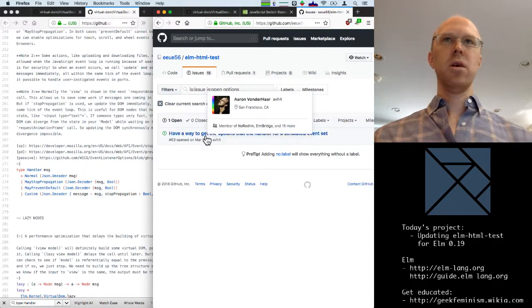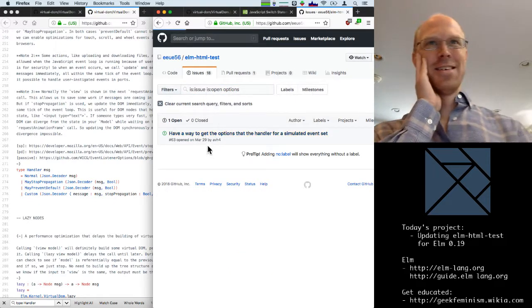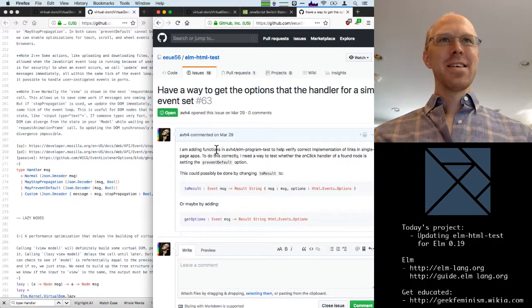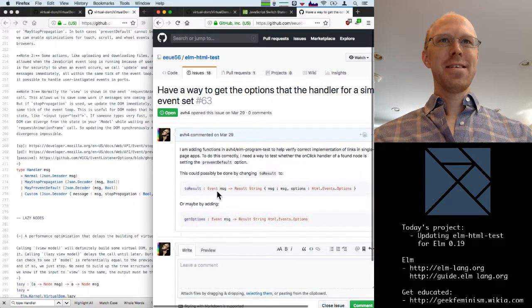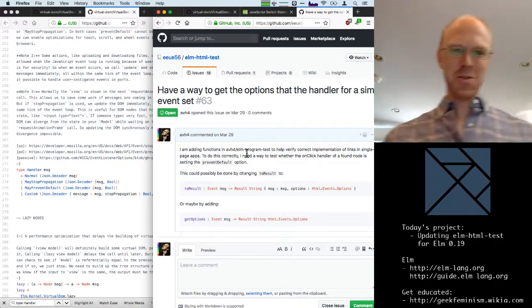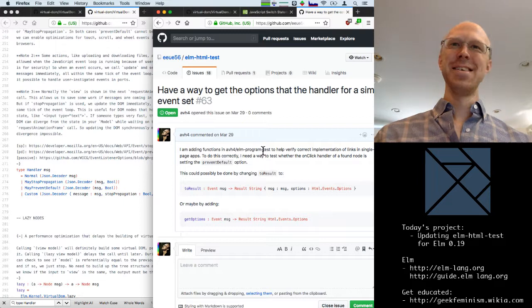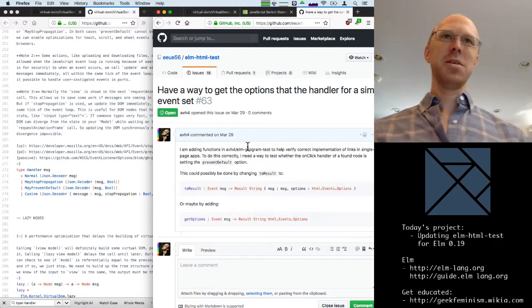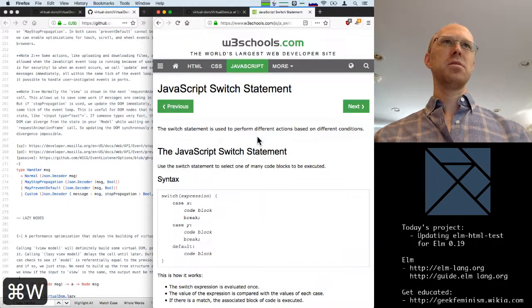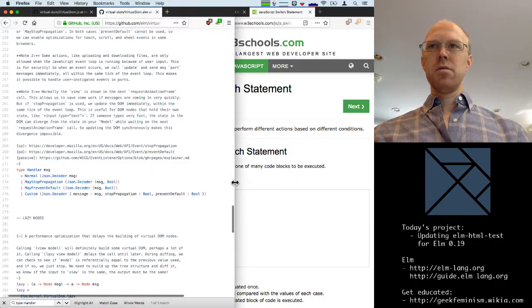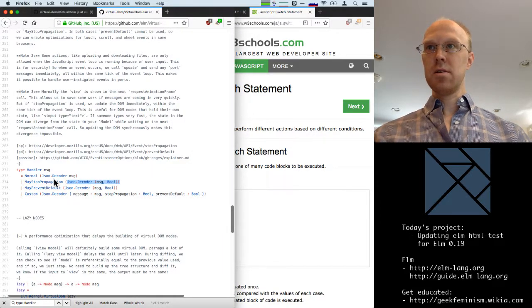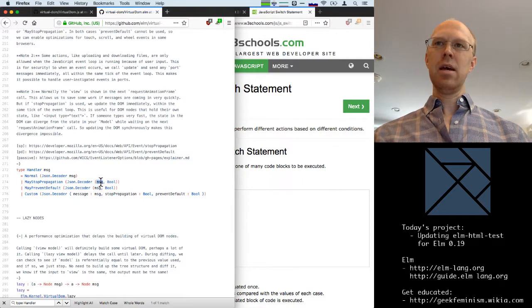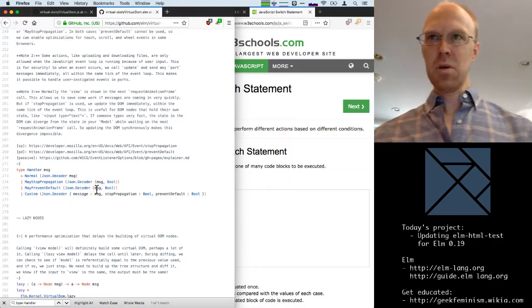Options. Here we go. I added this issue. Okay. In that case, I definitely want to start working towards making the options available. However, for what we're doing now, we don't actually need to worry about the options. So we could actually turn these decoders into decoders of message by just running this decoder, then calling decode.map and just grabbing the first item out of the tuple. And we could do the same thing here.